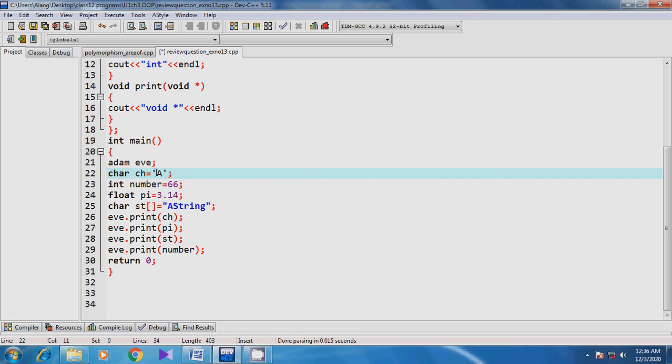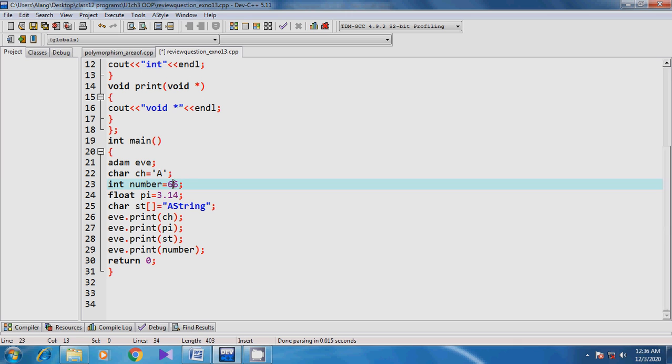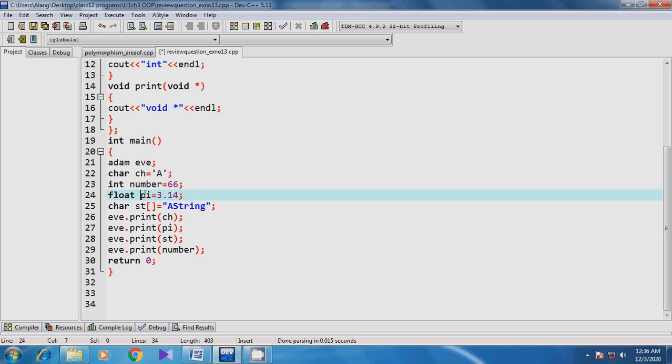As you can see, character values are denoted by single quotation marks, and integer number is assigned the value 66, float pi is assigned the value 3.14, and then character st, which is a character array, is assigned the string value a string. So now after the assignment of values to the variables of different types is done,